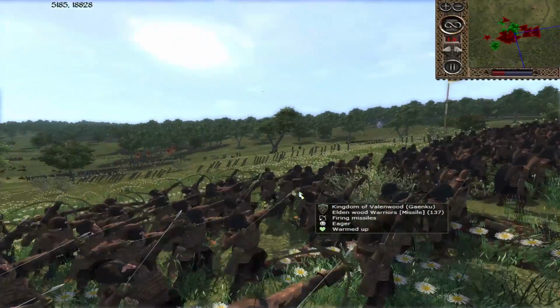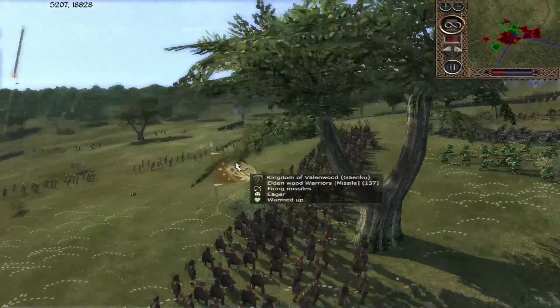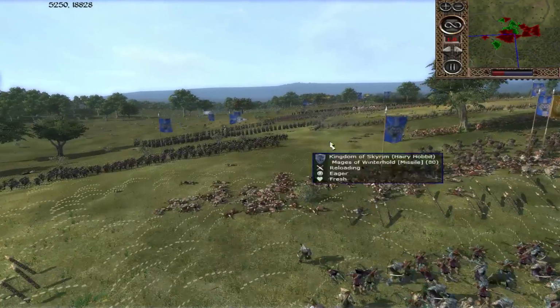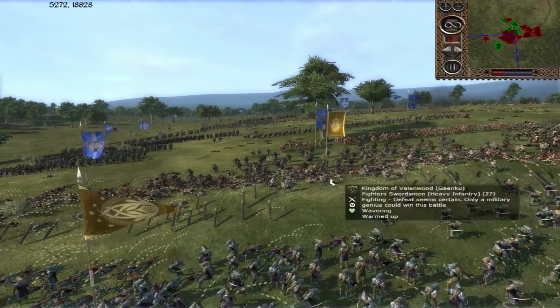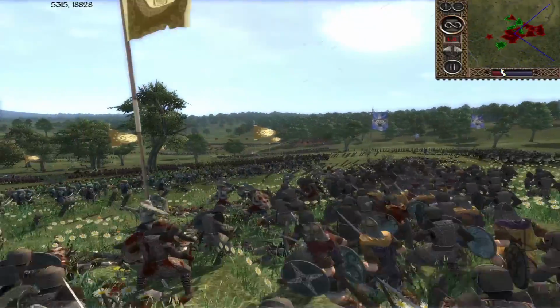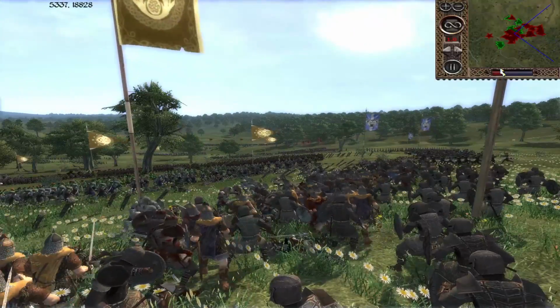I wonder where the armies here go. I guess the rest of the Empire infantry is now making its way up, but it's allowing these archers to hold firm as the ballista and the catapult fire does come in against the forces of Skyrim. The last fighter swordsmen are trying their best to hold up as best they can, but I mean, there's just